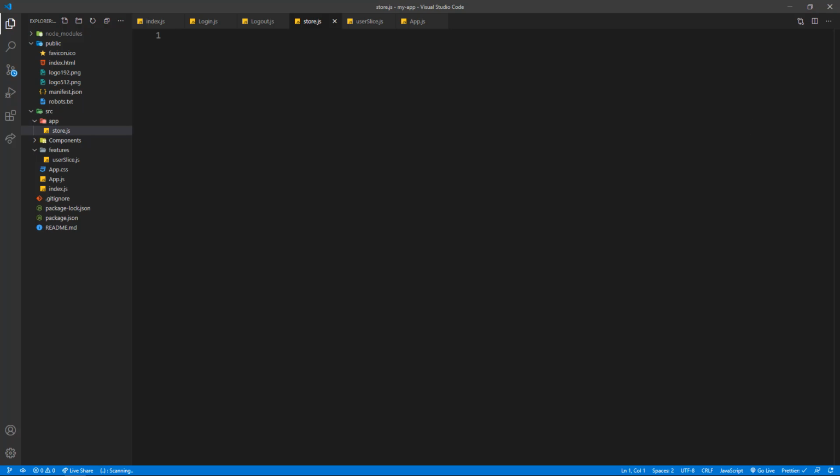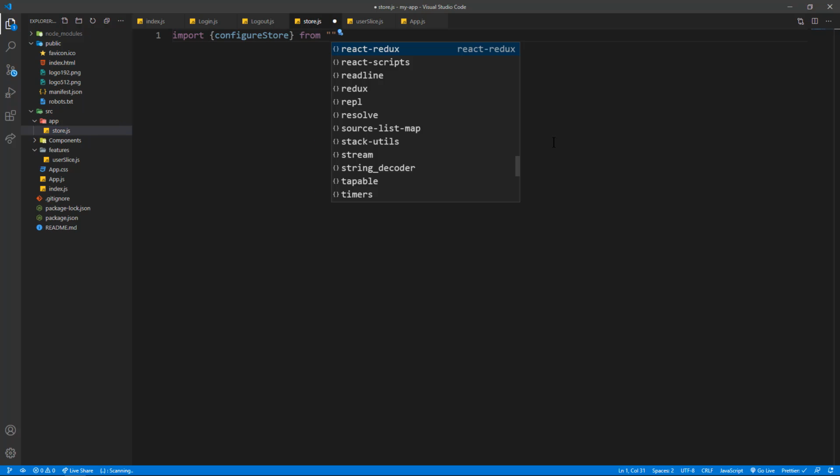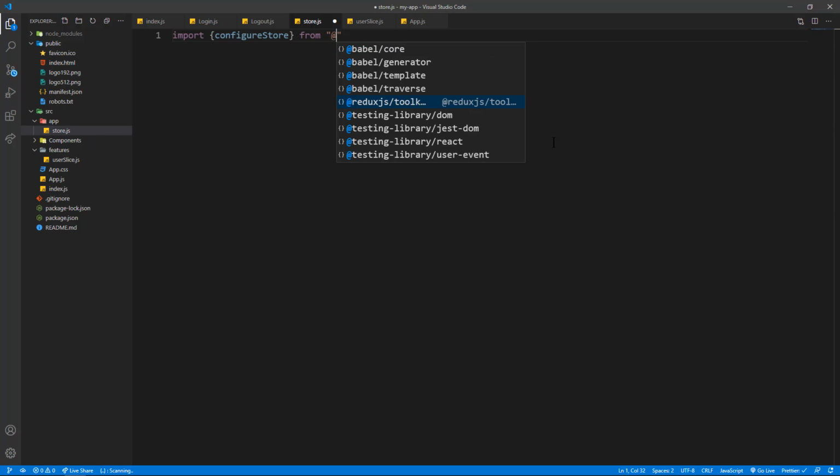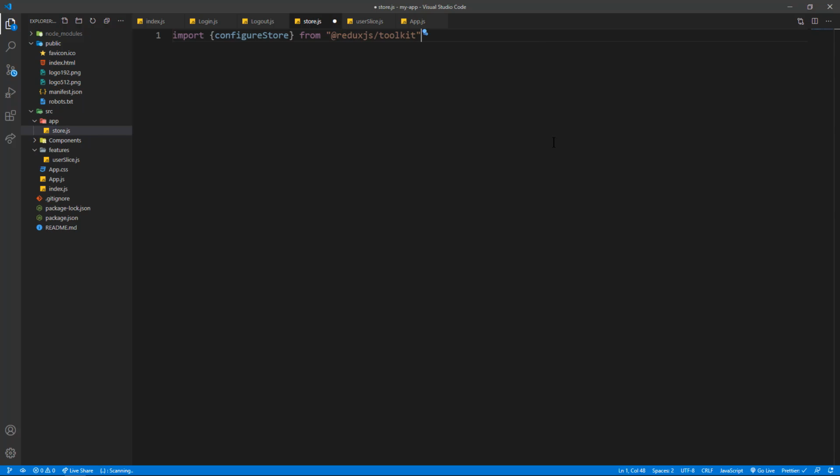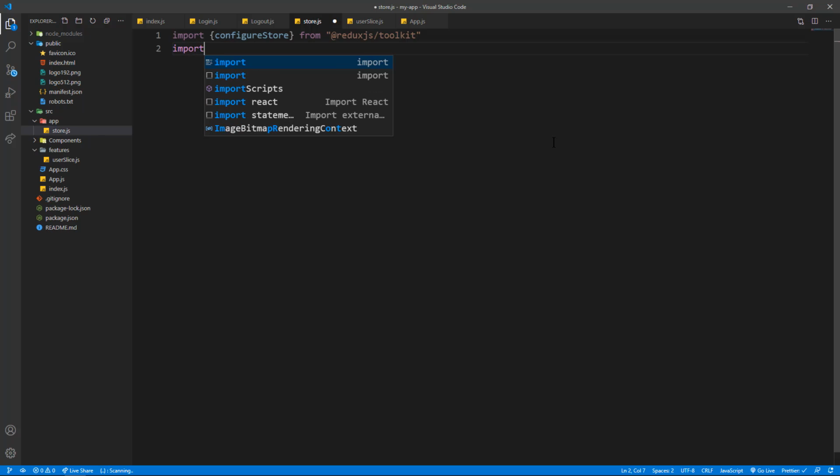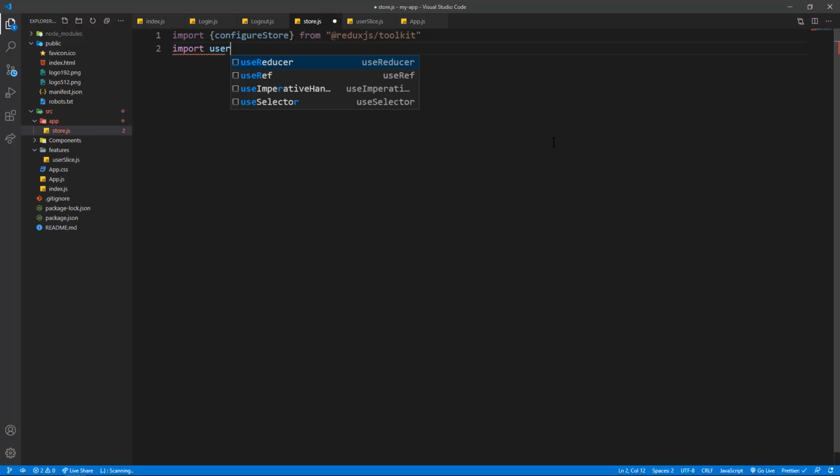So okay, inside of the store you want to import configureStore. So this is where you're going to be creating the store. We actually were defining the slices and all those kind of stuff. So now you're going to create the store. Also you want to import the reducer that you created. So we created a reducer called user reducer, and that is gonna come from